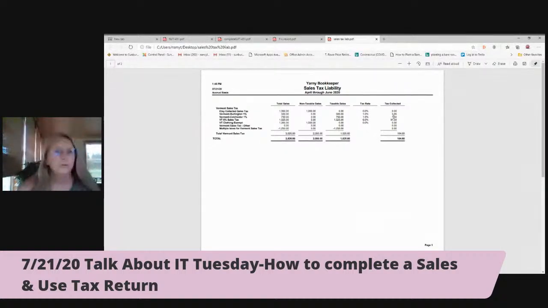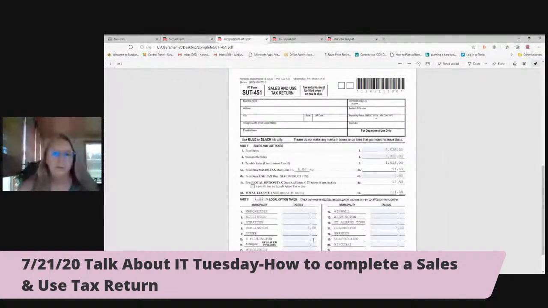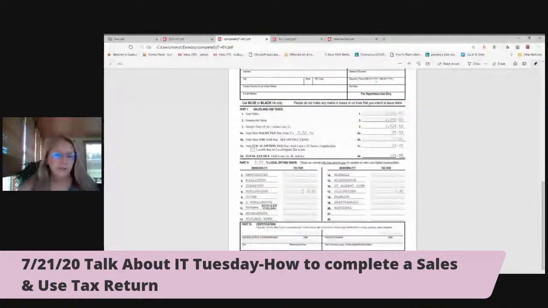So I take this information from here and I pop it into the lower half of this form. Here's the sales tax that I owe for Burlington, that 1%. Here's the sales tax that I owe for Colchester at $750. The form automatically populates that I owe $12.50 in total for my local options tax, which gives me a total tax that I owe the state of Vermont of